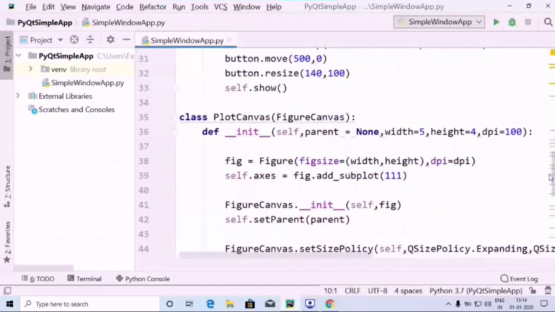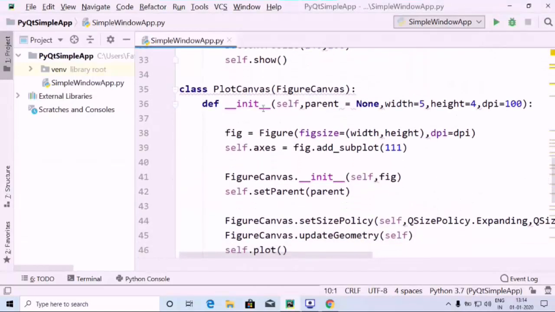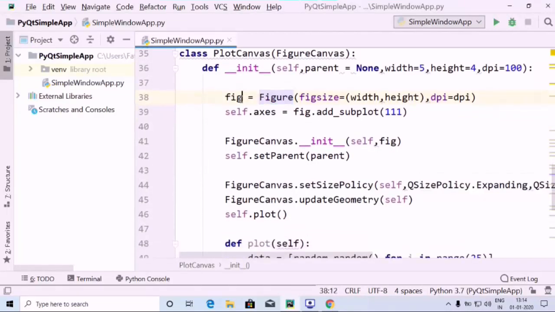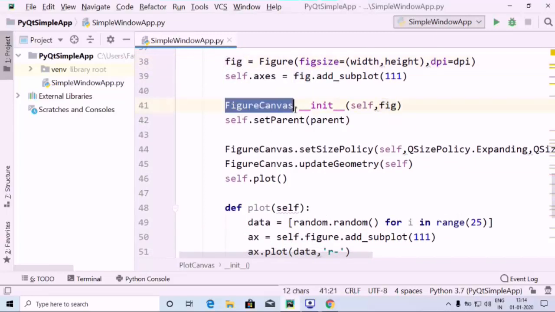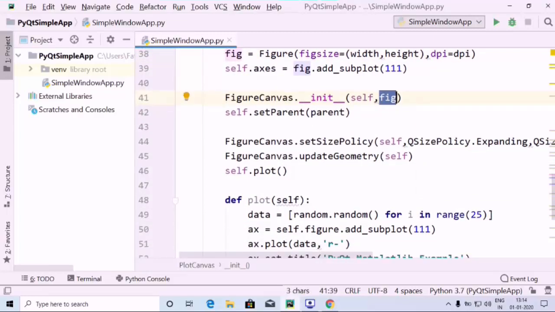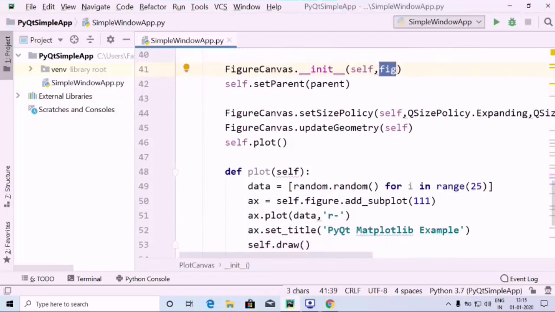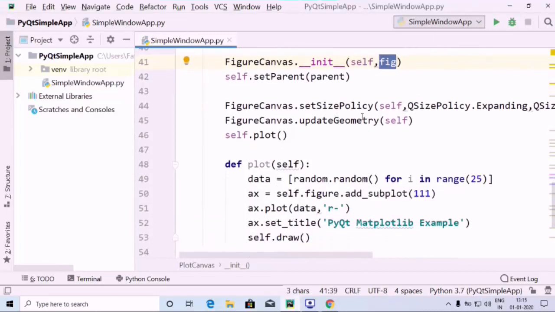So inside the plot canvas, the first thing we initialize the method and use the figure which we have imported, followed by the axes in which we use the figure which we have created. Then we use add_subplot of 111, and use the FigureCanvas again and initialize it, providing the fig inside it. So we use self.setParent, and also FigureCanvas.setSizePolicy